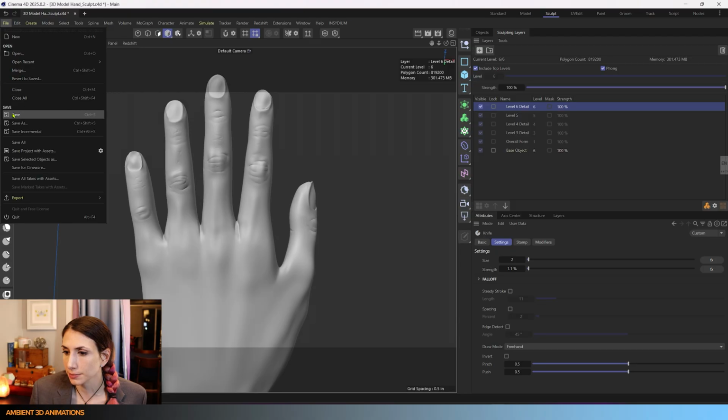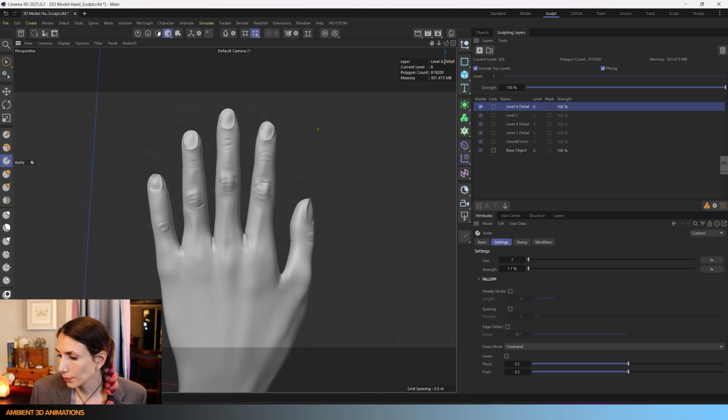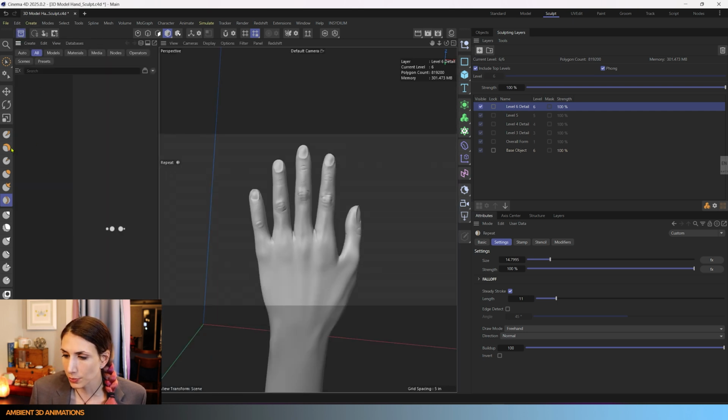Okay, so at this point, I've added in the main creases, but we still need to add in some finer, small skin texture to it. So I like to actually do this another way. If we switch to our repeat brush and we open up our asset browser, we can go ahead